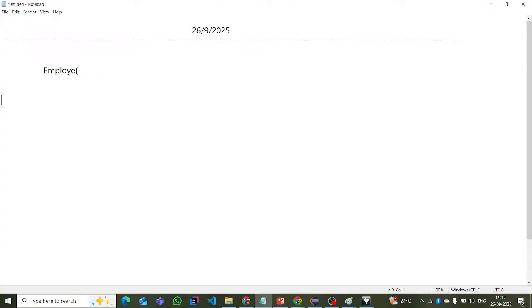Let me write public static void main method, String square braces args, open and close braces for the main method. Class body open, close. Now, how to create an object for a class? With the new keyword, new class name